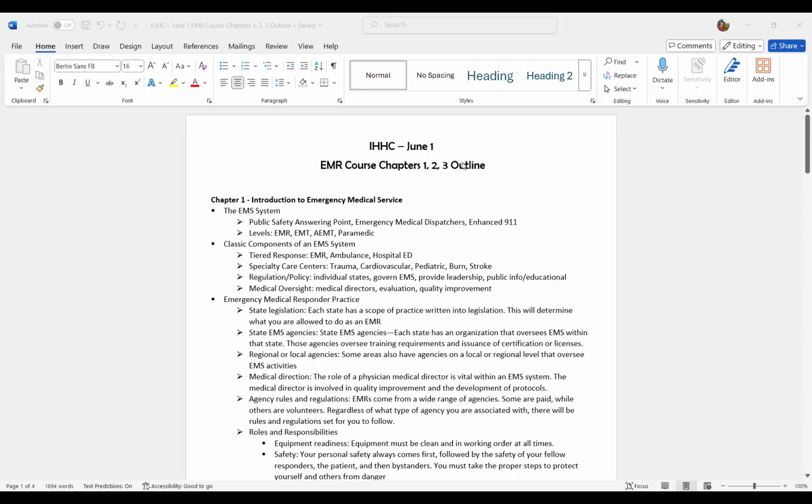All right, so the next thing I'm going to bring up is outlines. So I'm creating these for each course day, just so it's easier for you guys to look at what we're talking about in each of these chapters. They're kind of broken down. It's a good reference for you as well if you have to go back and look at some of these chapters. So this is just kind of breaking down the PowerPoints